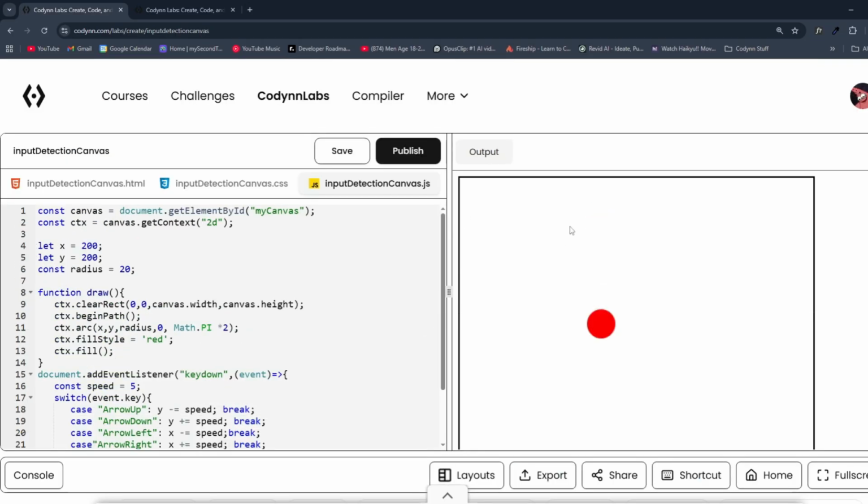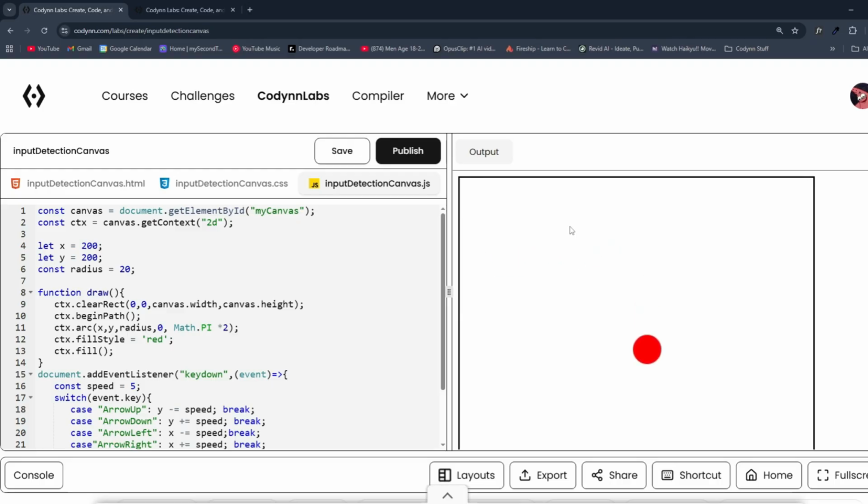So I'll be clicking the up arrow key. You can see that our circle is moving down, left, and then right. So you can see that we are moving our circle with the help of our keyboard onto the canvas. So let me just push this towards the top left corner. Okay, nice. So this is how we detect keyboard input inside Canvas, and that is the simplest way to add